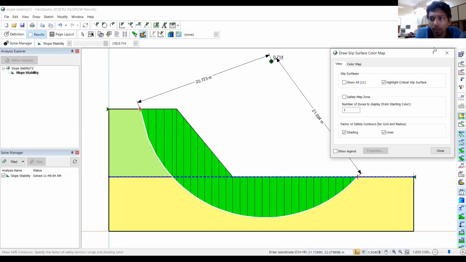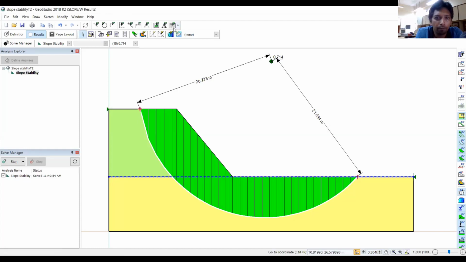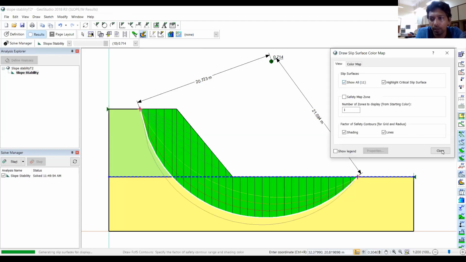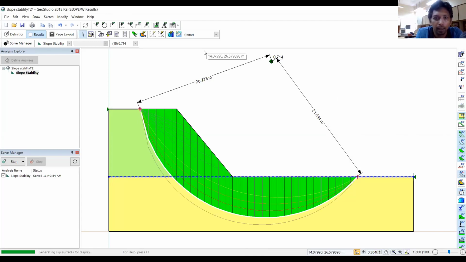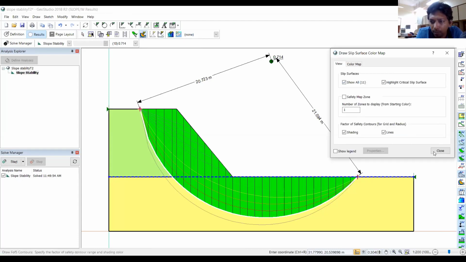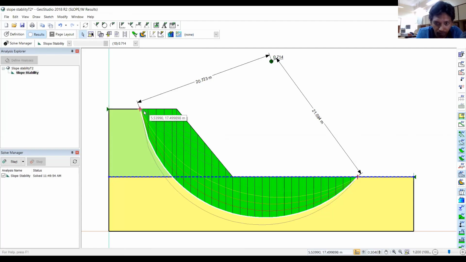If we click once on draw slip surfaces, it will show all the slip surfaces as we have selected 10. So you can see how the slip surfaces go. There are different radius increments.